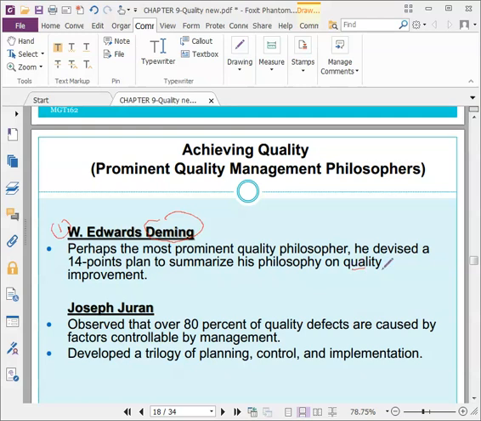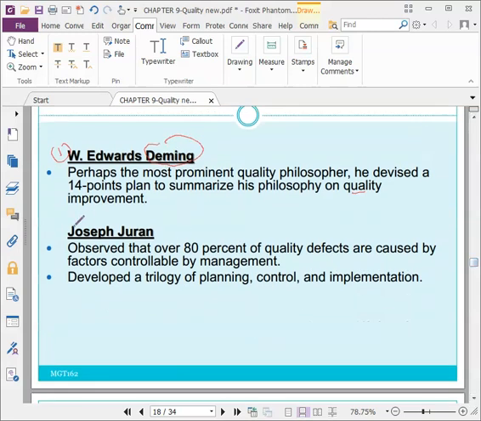Okay, why we need the quality? Because we want to maintain. Okay, how we want to maintain the quality? By having an improvement. Okay, so dekat Sir W. Edward Deming ni dia advice untuk mencapai 14 poin lah untuk plan kita mencapai quality improvement. Okay, how about the